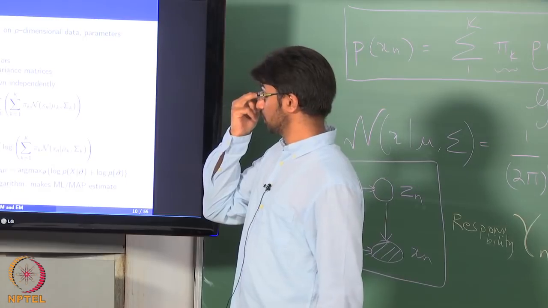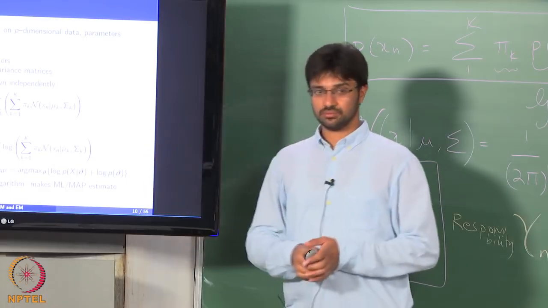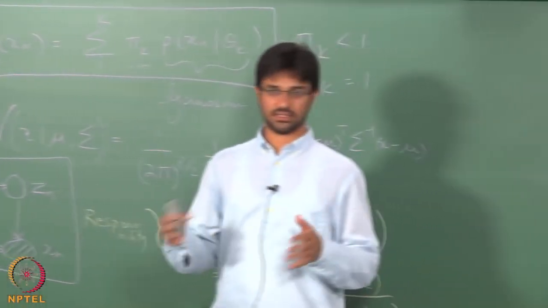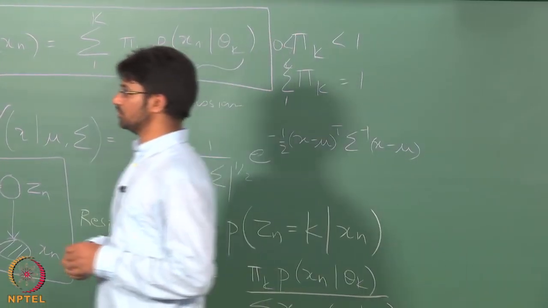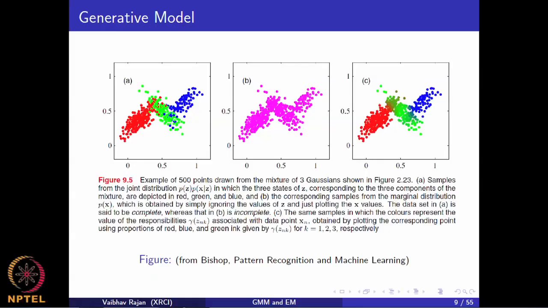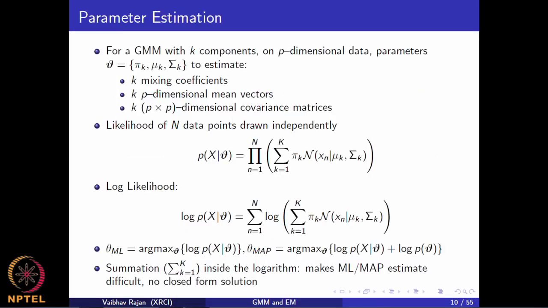So for now we will assume that we know k, and I will come back to how k is estimated later. For now we will just assume, for example, we see data like this and we decide that k is going to be 3. It need not be the case, but yeah. And from here itself you can see that this is going to get difficult on high dimensional